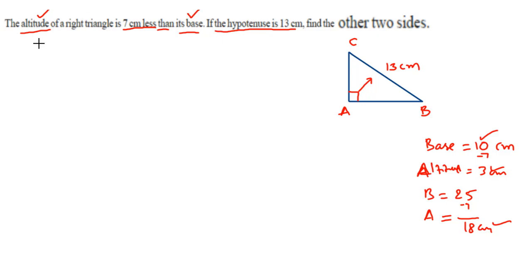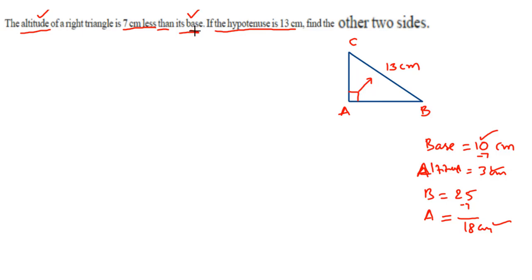But here actually the length of the altitude and the length of the base are not given. Simply their relation is given. But what are their exact values we do not have here. So here the altitude and the base are the two unknown quantities and we need to find them. So to find these unknown quantities, first we need to assume any one of these unknown quantities with a variable. So here either we can assume the length of the base or we can assume the length of the altitude. So here I am going to assume the length of the base